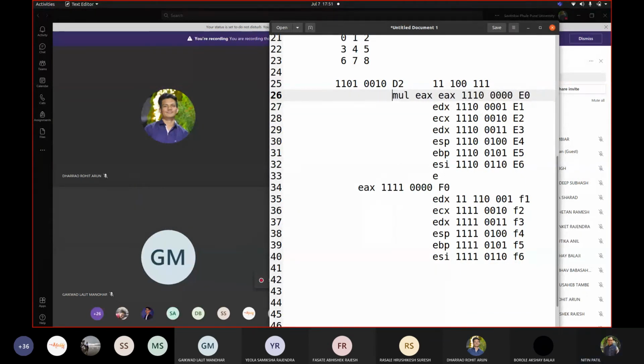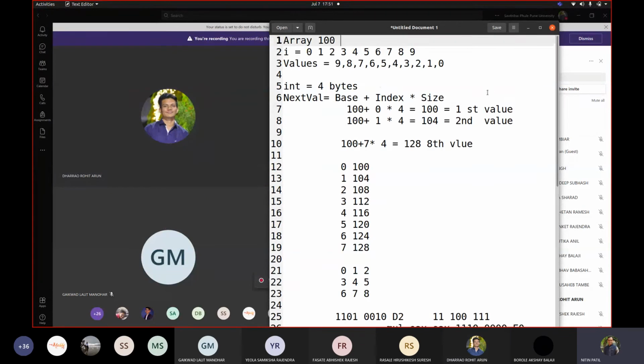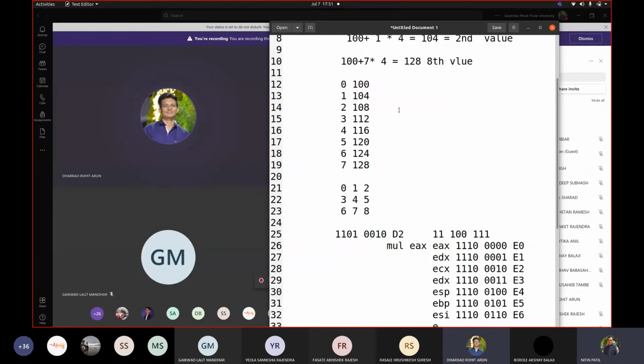If my instruction contains operand EX, then I will write EX number as 000, because of mod RM. Now, as I don't have another operand, I will keep this 100. That's what NASM is doing internally, and it kept mod to be 11. Why? Because in the mul instruction, while multiplying, both of them are registers. That's why we are getting this.